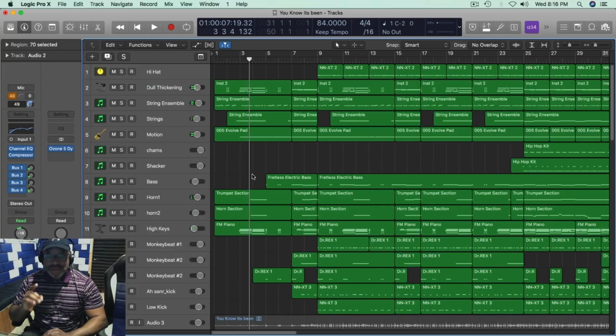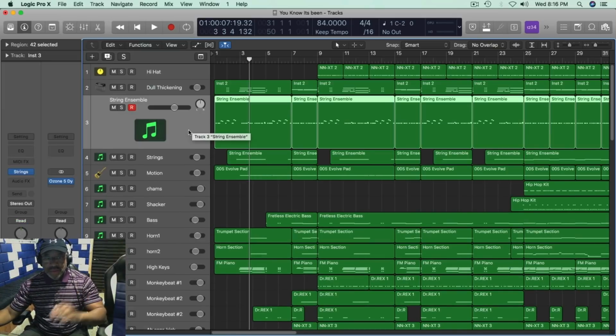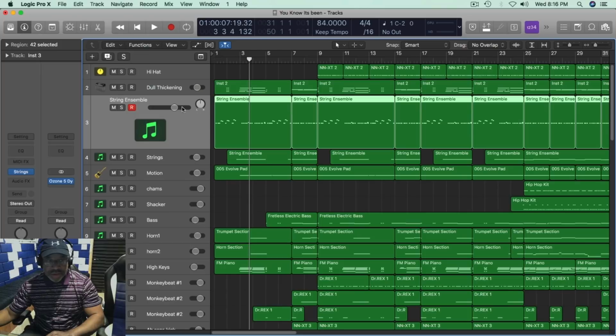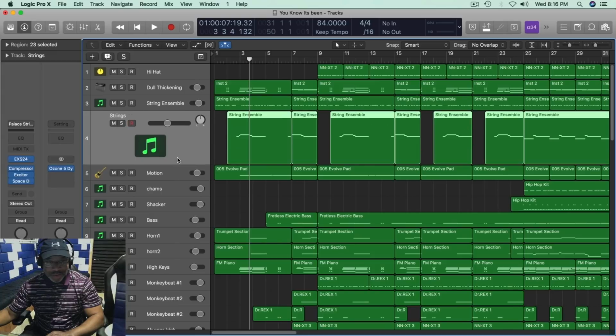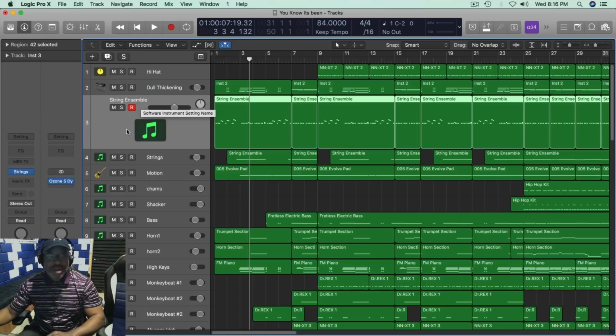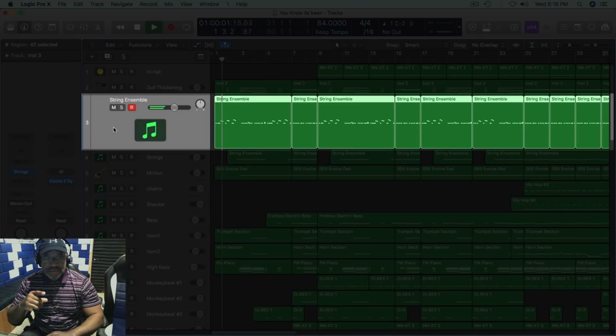I'm going to try to explain what I'm doing. Every time I click on something, it opens up kind of bigger. There are a lot of things I don't know how to work in Logic. So if somebody leaves me a comment, I see that every time I click on something, it gets bigger. How to cut that off, I don't know. But anyway, these strings,